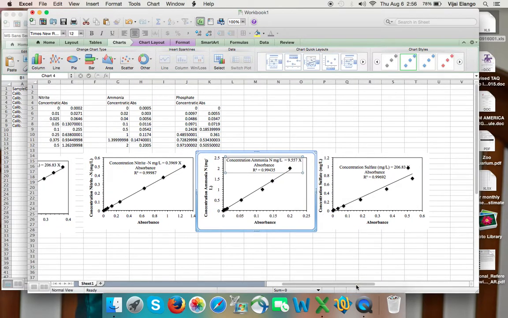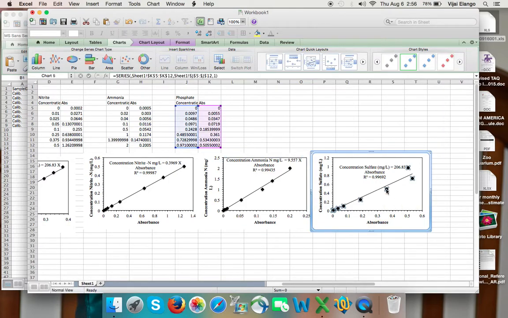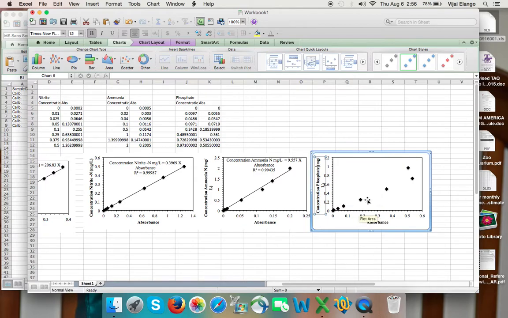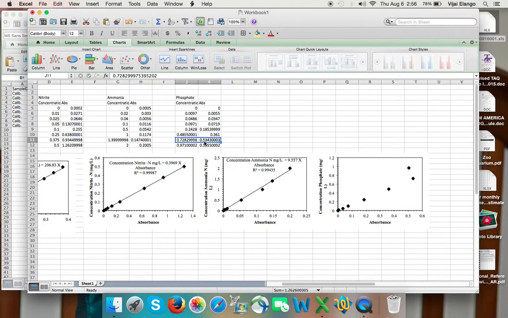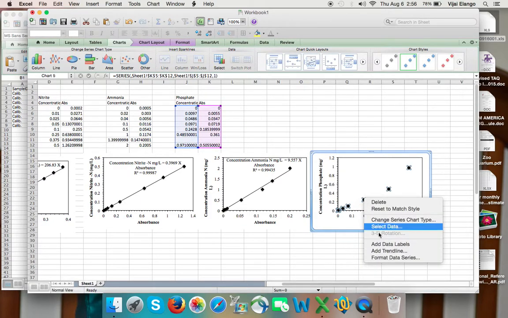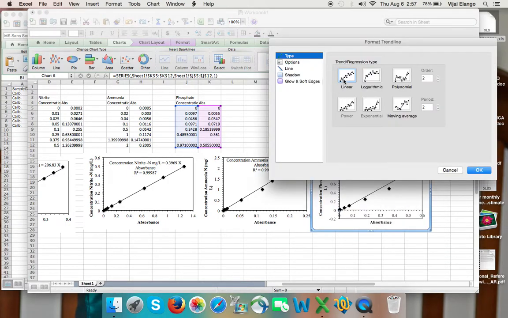Same way, calibration plot for phosphate. There is some problem. This is a bad data point. So what I have to do is I'm going to go in here and delete this data point and use just this one. Add trend line options,